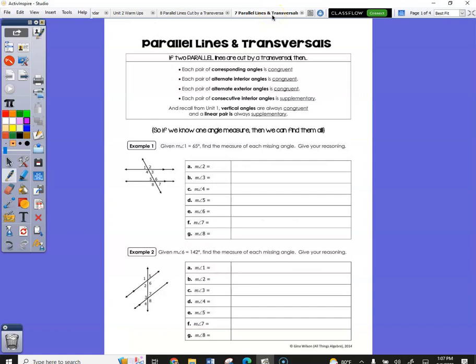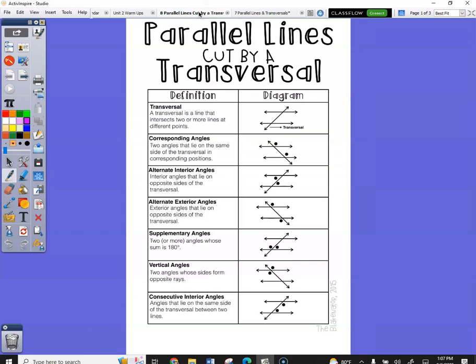It's reminding you that corresponding angles are congruent, alternate interior angles are congruent, alternate exterior angles are congruent, consecutive interior angles are supplementary. We already know vertical angles are congruent. We already know linear pair angles add up to 180. The new stuff, the new vocab words are transversal,